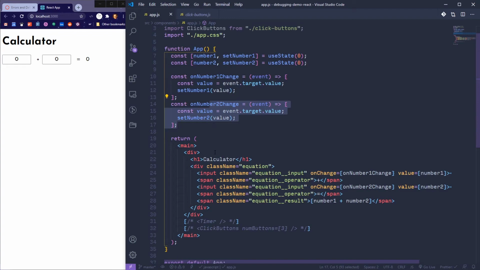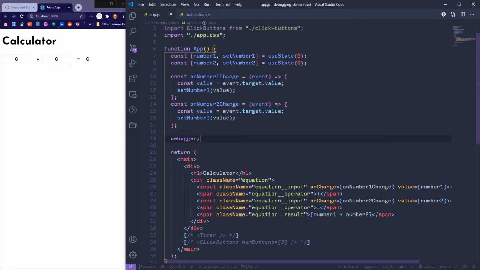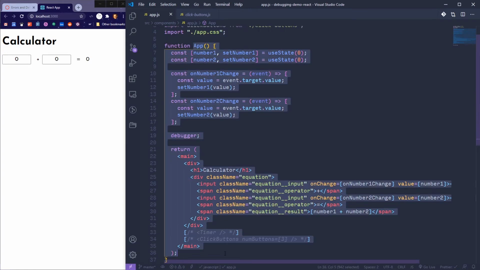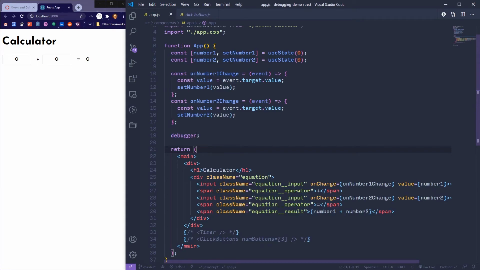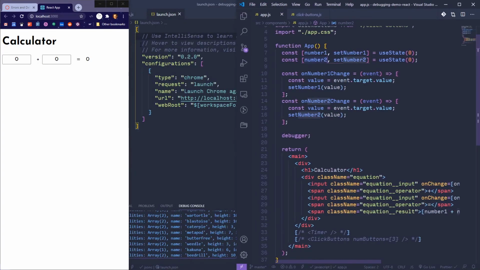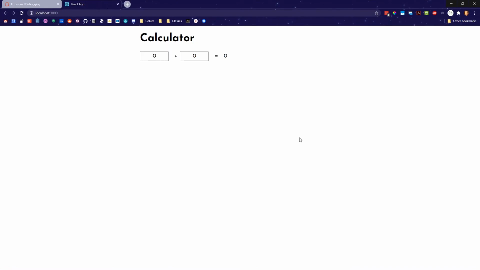So what we might want to do is take a look at the value of our state at any moment in time. So maybe what I'm going to do is throw a debugger in here. And this is going to cause the debugger to run anytime our app is rendered or re-rendered. So the first time the page loads, app has to be called to be rendered for the first time, so we're going to get it paused there. And then anytime our state changes, React is going to re-render app because it knows that these state variables that we've declared inside of app are changing. So what we can do now is go back to our browser, open up our developer tools,